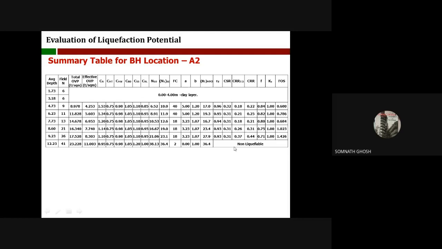If it is less than 1, oh, right. So you have to at least get 1. If it is less than 1, then obviously liquefiable. Now you see,